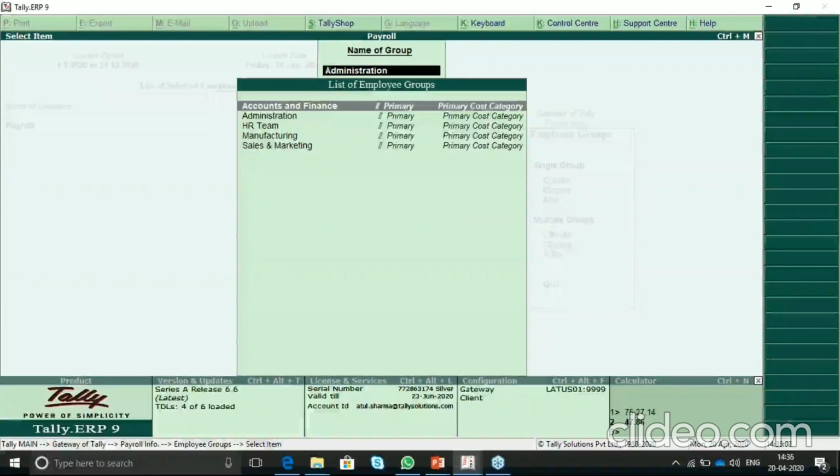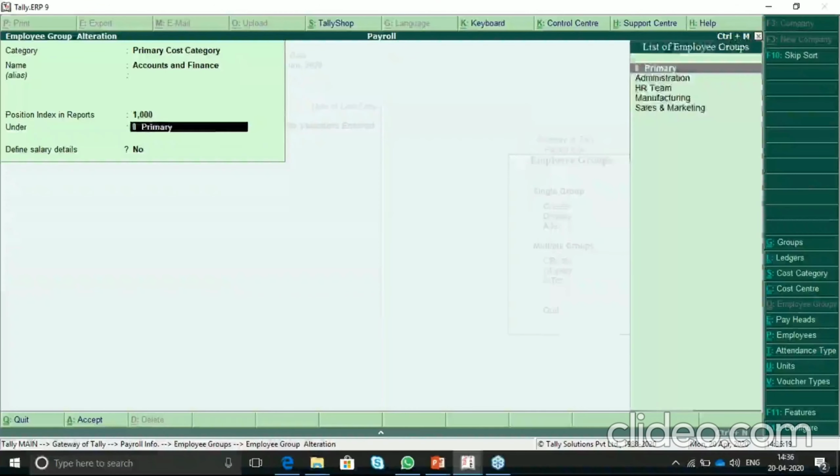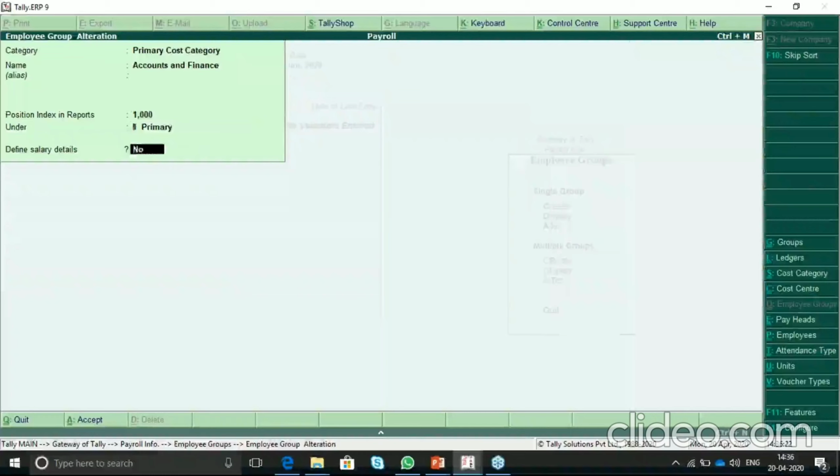But now I have multiple employees department-wise, and I want to define the salary in one shot. I don't want to manually select the pay heads one by one in the employee masters. So I can define the salary group-wise, or I can define the pay heads only in the group. The salary amount will not be fixed for each and every employee. It will not remain the same. So the amount will be different for each employee, and the deduction will be different, so you can enable this particular feature in the group.